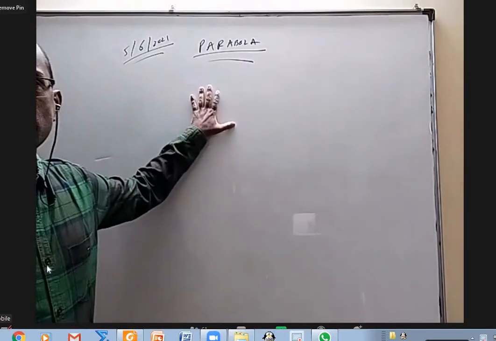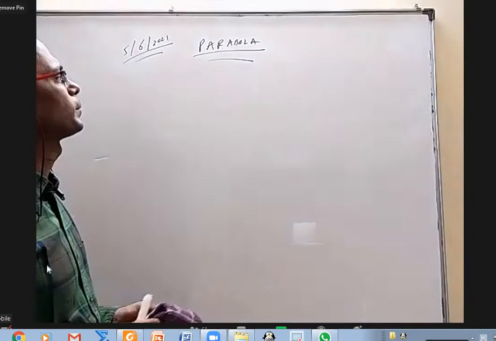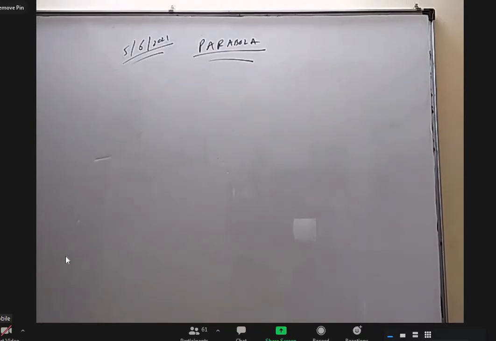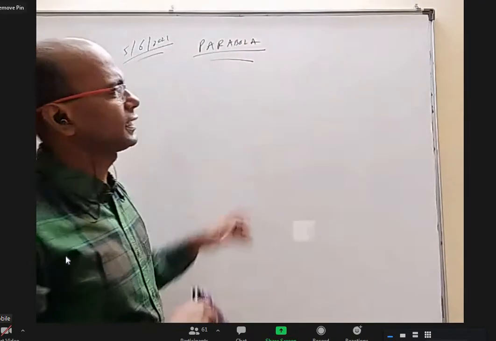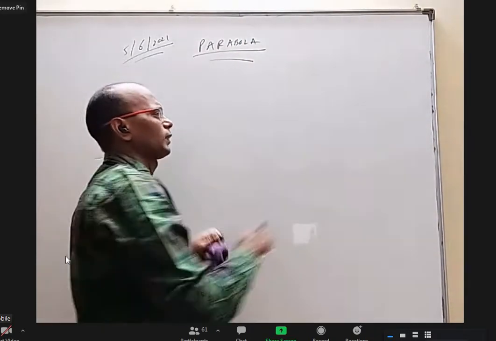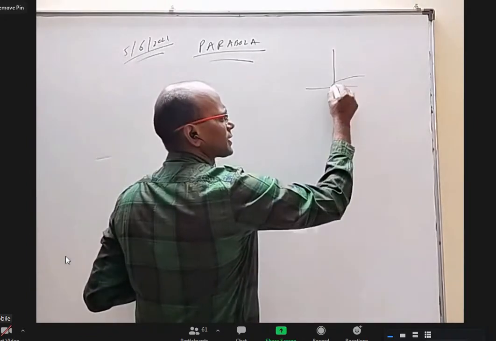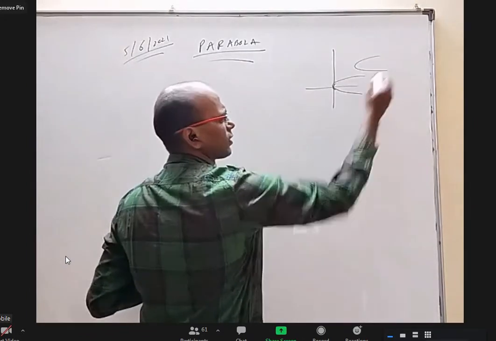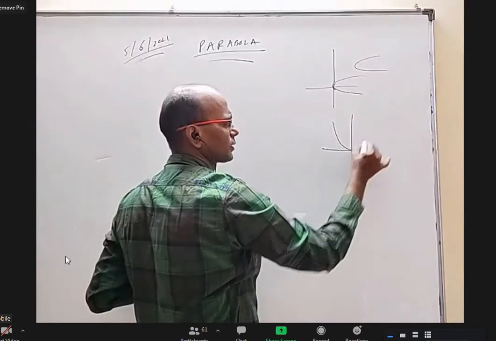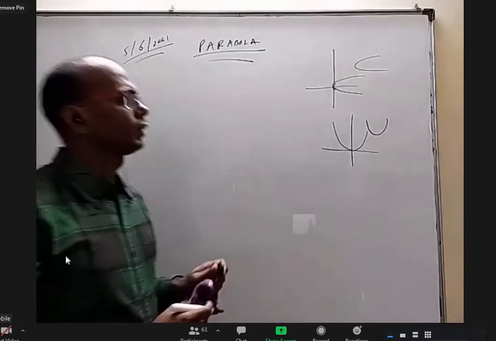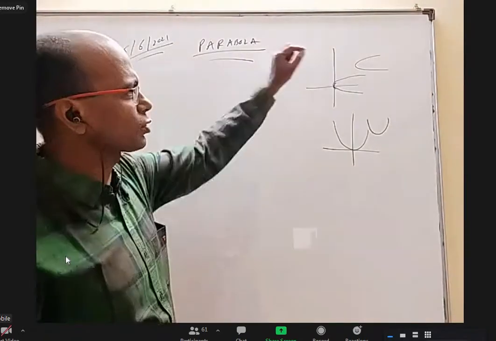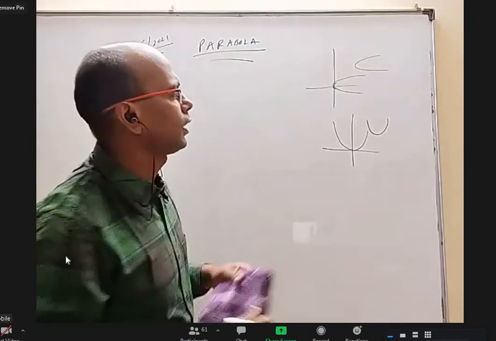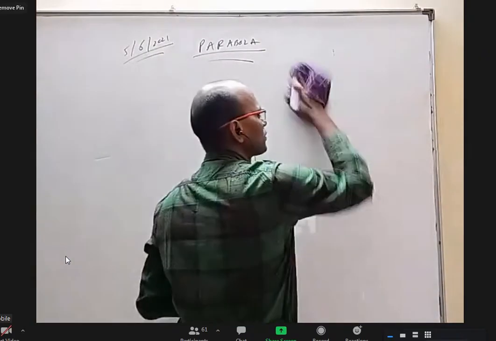So basically, last class we have seen the four cases of the parabola. One time parabola is here, another time translated horizontally, another time parabola is like this and translated horizontally. For each one, the list of formulas we have seen, and I gave one question for each model. When the parabola is given, how to find the different features of that.